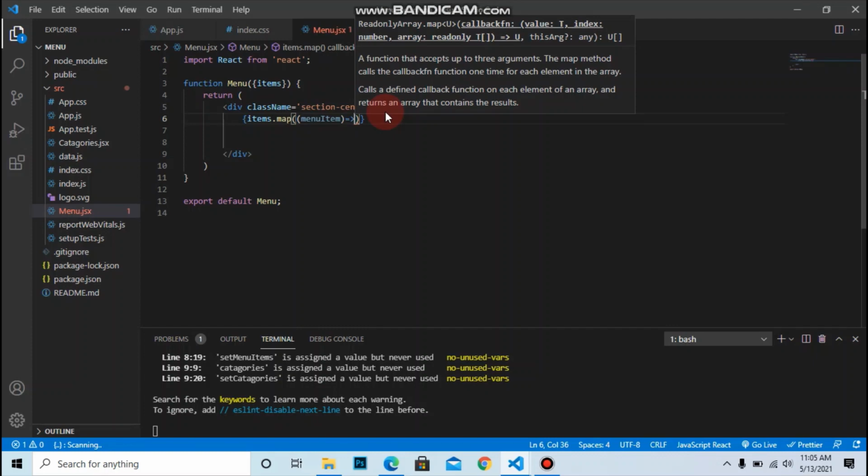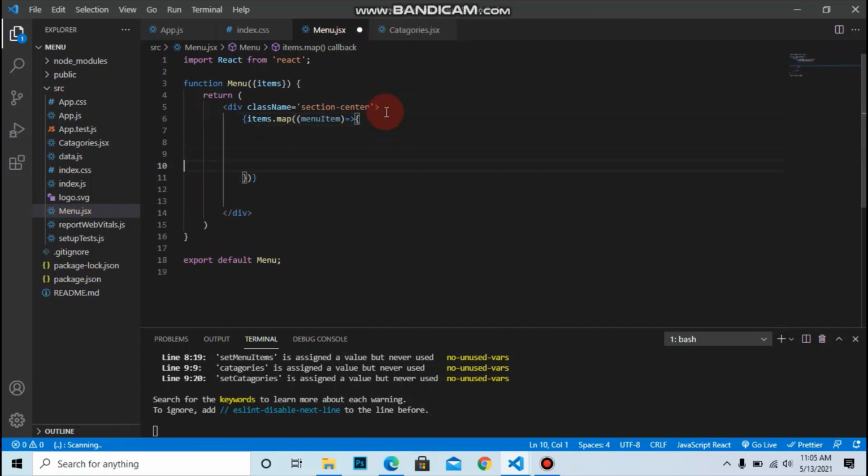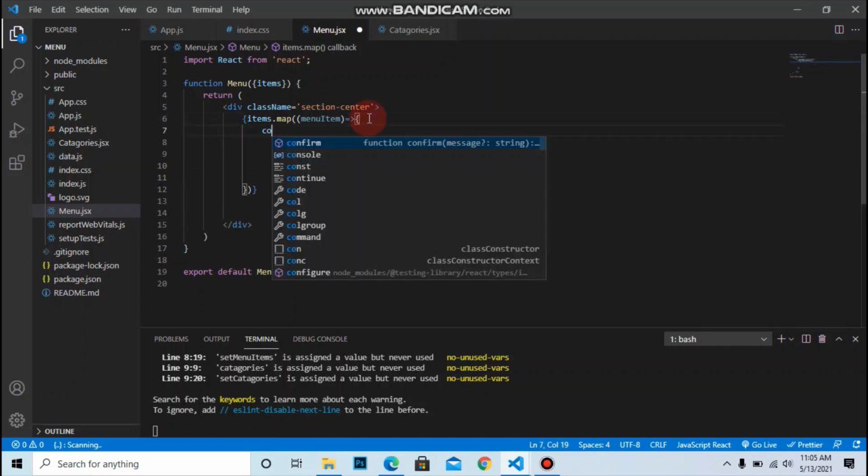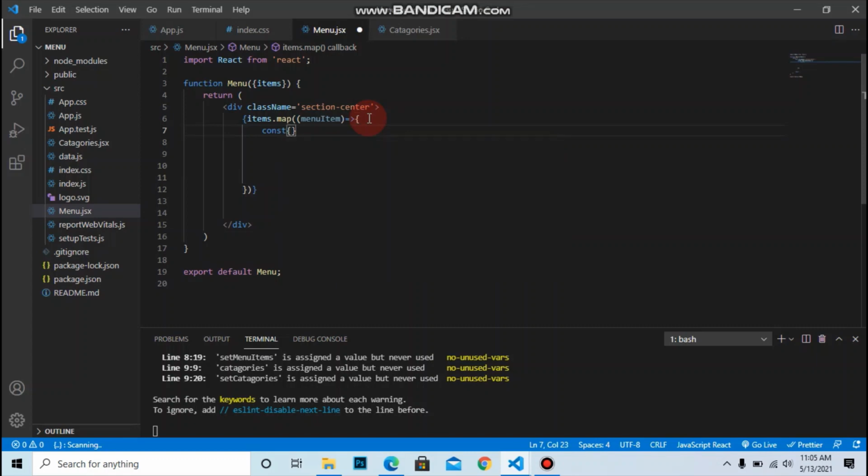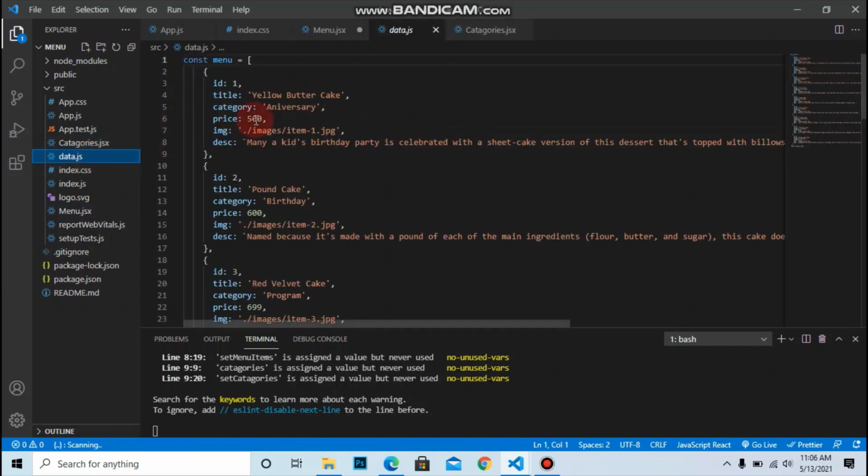Inside this, we destructure the properties that come from the data.js, that is id, title, image, description and price. So let's go to the data.js and see there are the properties: title, category, image and price.